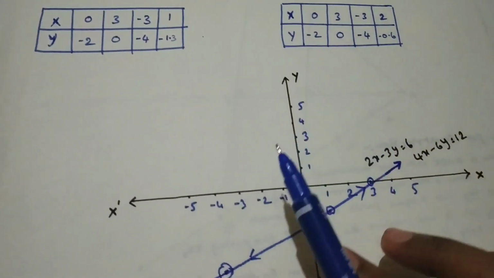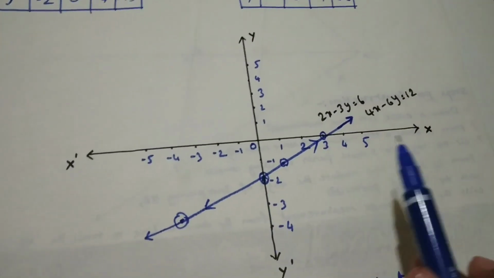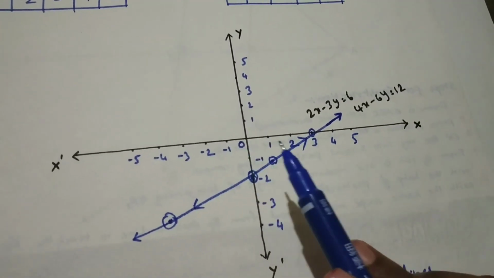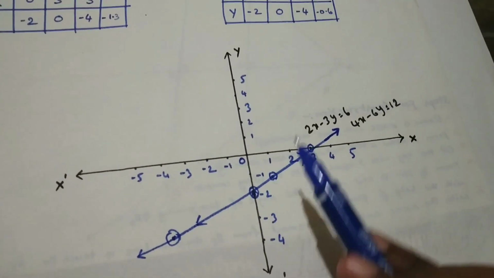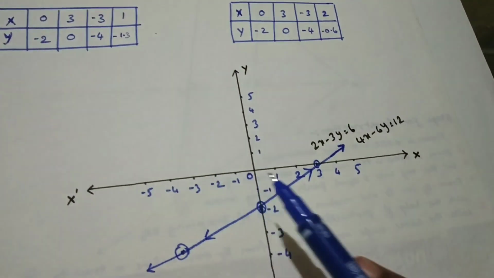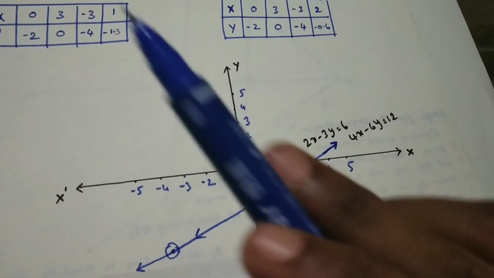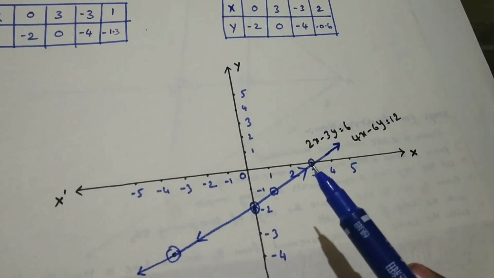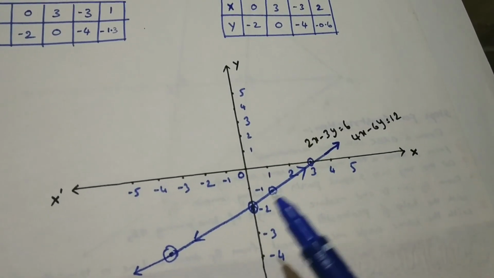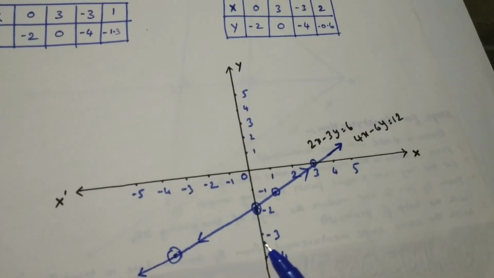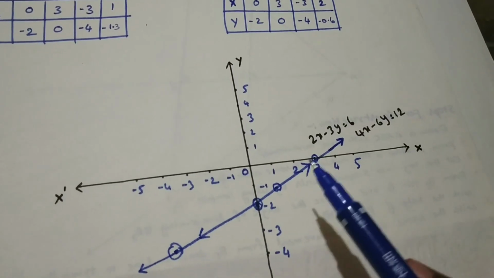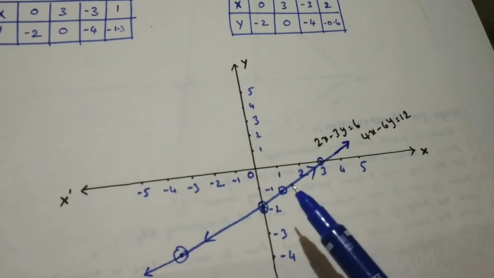Okay, now draw the graph like this. X coordinate, y coordinate, x dash, y dash. If you observe all the points, for 0, minus 2, and 3, 0, for this value 3, x is 3, y is 0. Here you will get minus 3, minus 4, nothing but for x is equal to minus 3, y is equal to minus 4. So observe, write all the points and draw the graph like this.